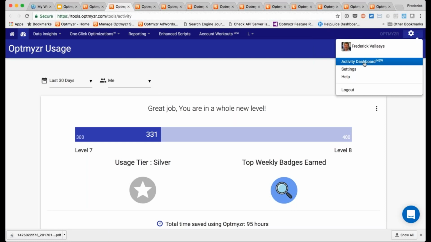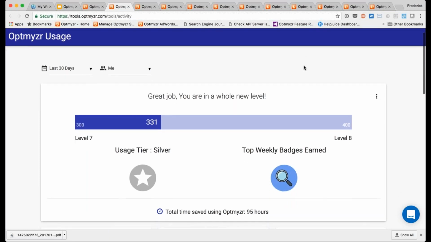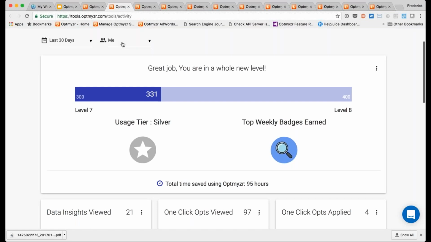If you don't quite see it yet, it'll be rolling out to your account soon, or you can email us and we'll give you a link to go and find it for your account. But the activity dashboard is a way for you to take a look at how actively you've been using Optmyzr and what sort of opportunities you may not be touching on yet. So we're looking here at the last 30 days, and this is the activity for my login, so for my